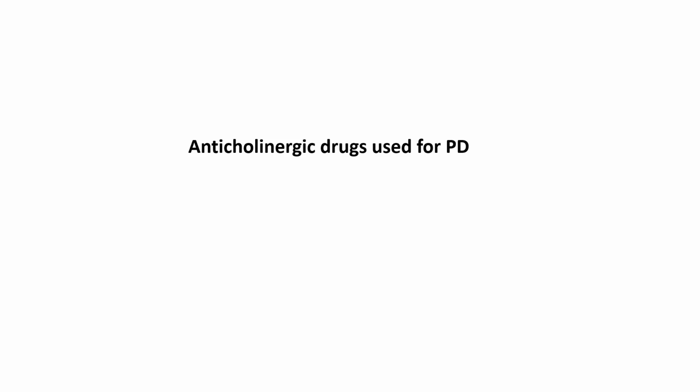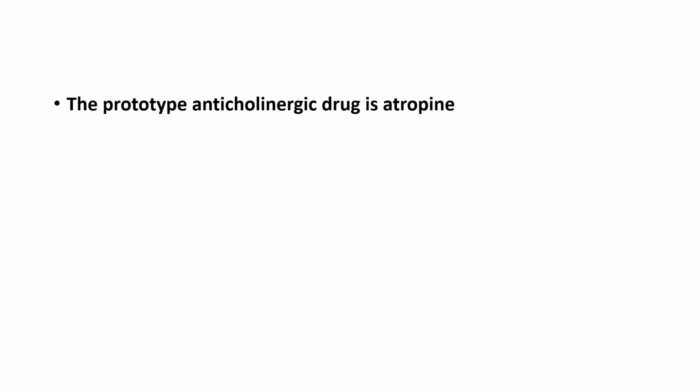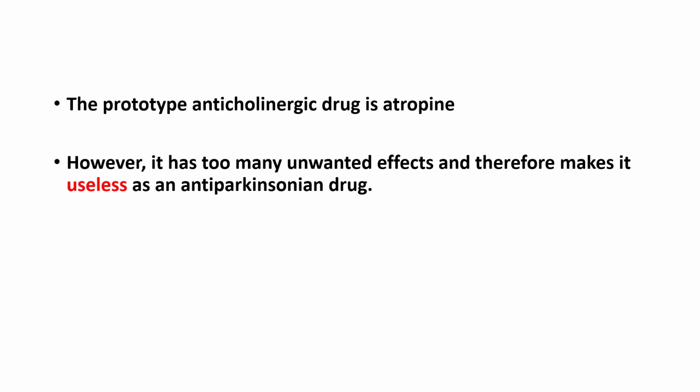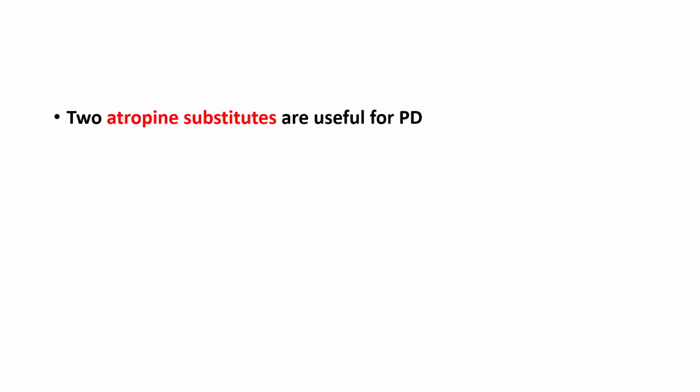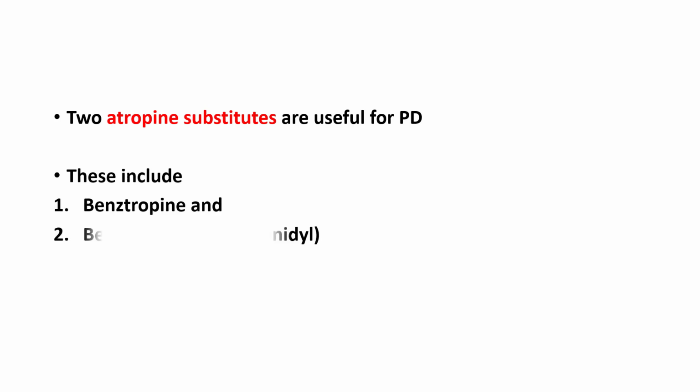Now, regarding the anticholinergic drugs used for Parkinson's disease, the prototype anticholinergic drug is atropine. However, atropine has too many unwanted side effects and therefore is useless as an anti-Parkinsonian drug. In fact, atropine is contraindicated in Parkinson's disease. There are, however, atropine substitutes which are useful for the treatment of Parkinson's disease, and they include benztropine and benzhexol,